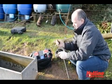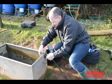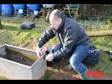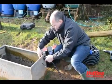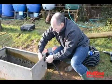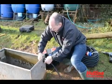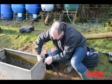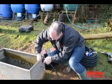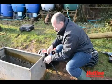Remove one of the water washers, insert it into the trough, and tighten up. With these you can obviously get nice big spanners to help you tighten them up, but because they're so large you can generally get a good nice tight fitment by hand. Once that's installed,